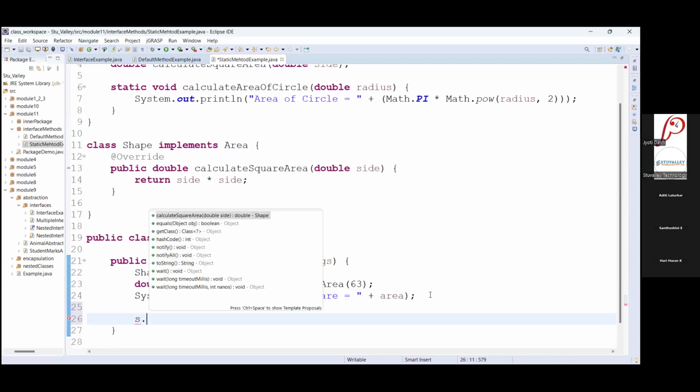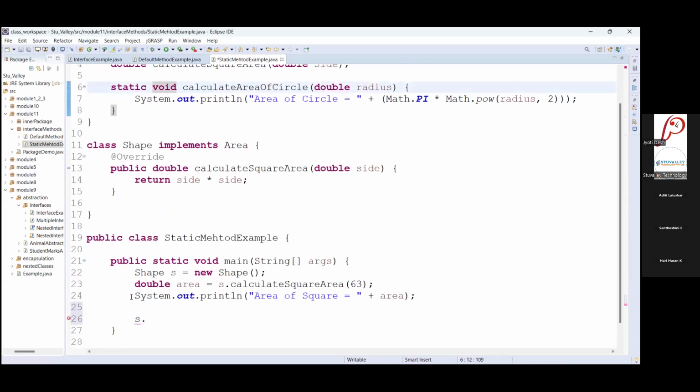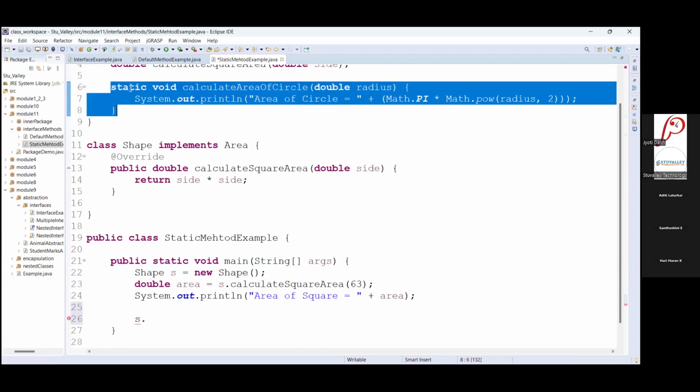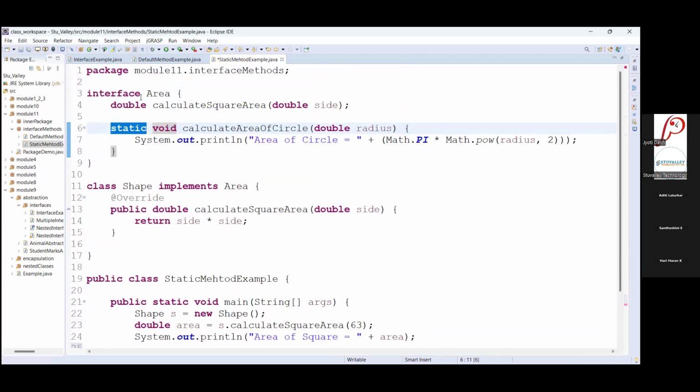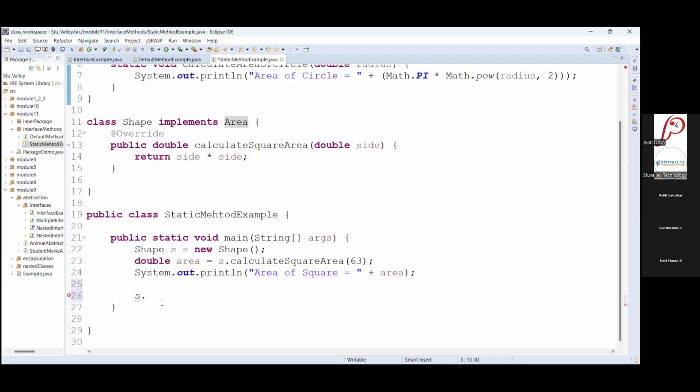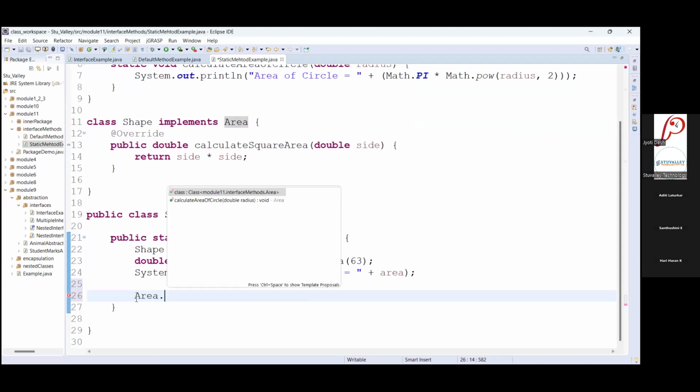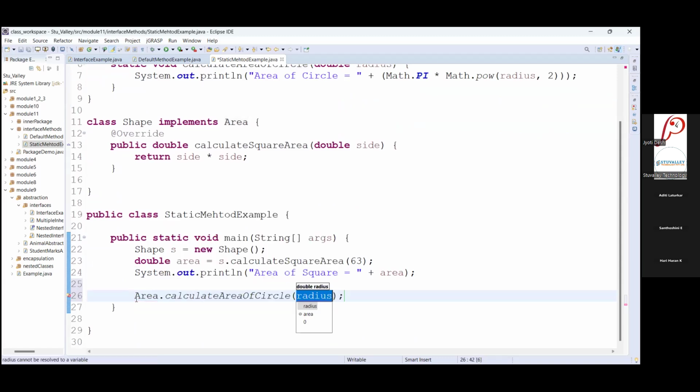The method is calculate. Now that method is static, right? And we have created the child object directly. That's why this is not accessible directly. This is a static member. You have to call it using the interface name, Area.calculateAreaOfCircle, and you can pass the value 52 or anything else, whatever you want.